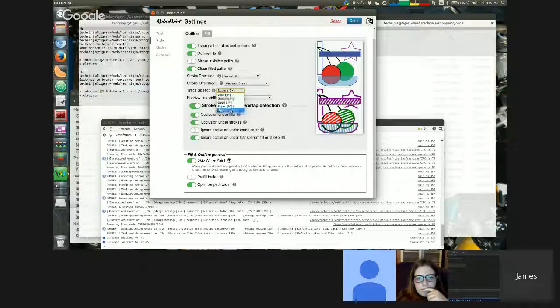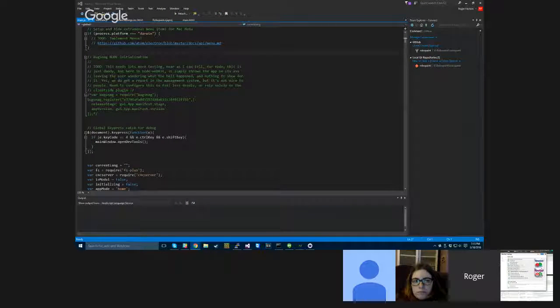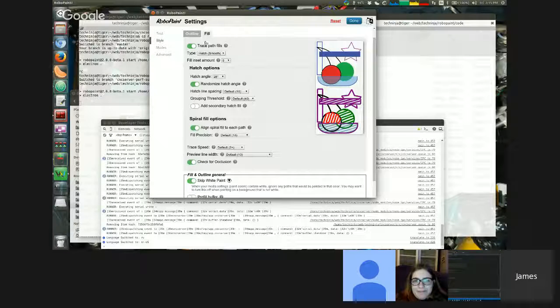We can actually set this to extremely fast, and it builds this. We can also set the precision to very fine, and you get a lot more precision. And these things are improving all the time as we're getting much better at understanding how to use these. And in fact, there's a new thing for Paper.js that does Boolean intersection on lines, which is something that we have not been able to do, and it would completely remove the need for stroke precision and get perfect precision every time for line occlusion, which we couldn't do before, which is very cool. Yeah, there's a whole bunch of settings here.